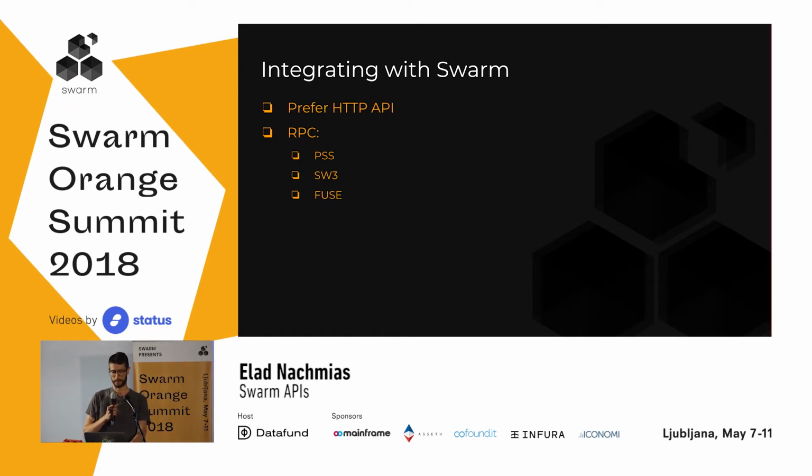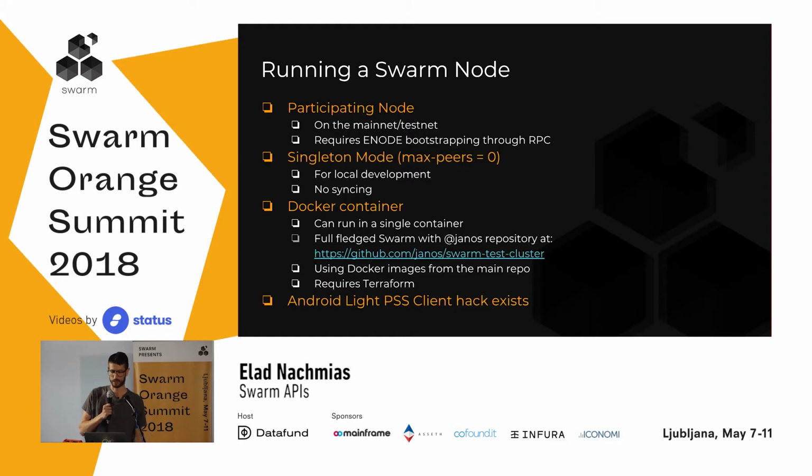swap, swear, and swindle will be available also through RPC. So, to touch a few points about how you could actually run a Swarm node, you have a few possibilities. One of them is to run a participating node on the mainnet or testnet. That might require bootstrapping it with known addresses, which is all in the documentation,